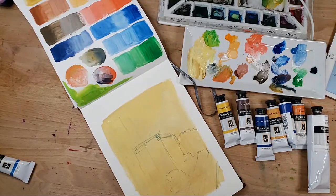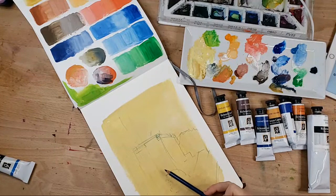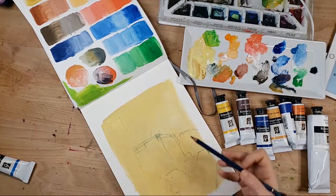YouTuber Tim Wilmot, watercolor painting, drawing, land, cityscapes, has a great knack for getting just enough detail to make a nice painting. Yes, that's definitely a challenge. Now,